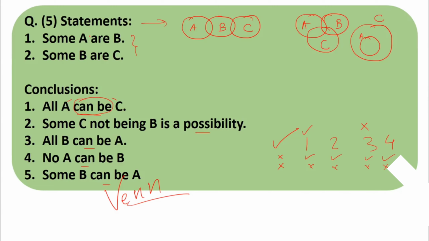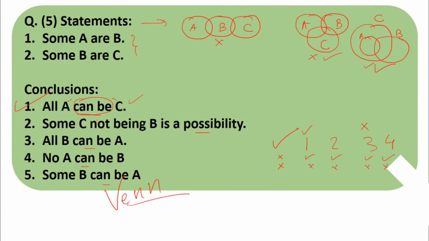Now what is the first statement? Some A are B, right? Draw B like this. Okay, so some A are B. Next is some B are C. Yes, B and C overlap a little bit, so some B are also C. If you observe carefully, we got 3 possible situations. You can draw more also, but this conclusion is possible in this situation, while the conclusion "all A can be C" is not possible here, and not possible here. So we got one possible, one not possible, so this conclusion has to be correct. See how easy it is.